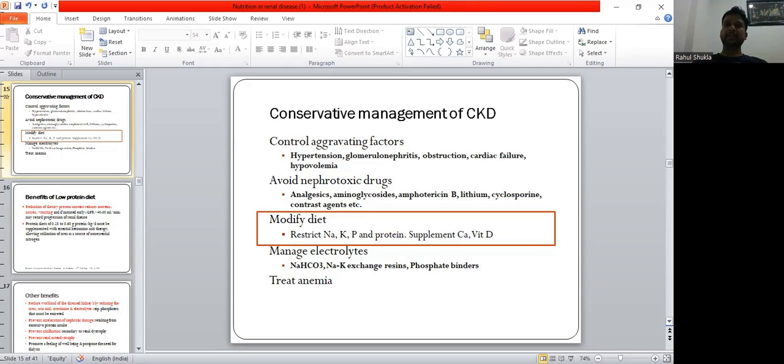Then dietary modification, like restriction of sodium, potassium, phosphorus, and protein, and supplementing calcium and vitamin D if they are found to be low. Then management of acidosis by sodium bicarbonate supplements. If there is hyperkalemia, then sodium potassium exchange resin can be used, and for hyperphosphatemia, phosphate binders can be used. And because of erythropoietin deficiency, there is anemia, so we need to treat it with supplements of iron